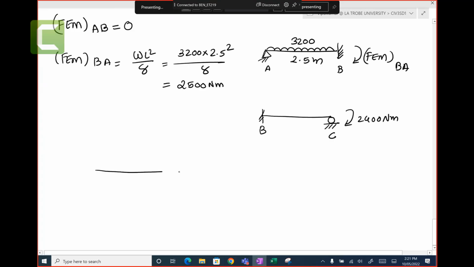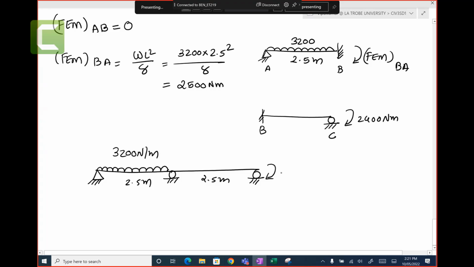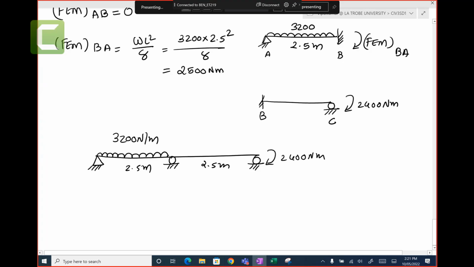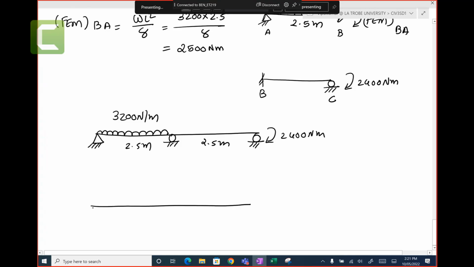So what scenario we have right now? First scenario is this one. 2.5 meters, 2.5 meters, and we have a UDL load of 3200 Newton per millimeters, and we have 24 Newton millimeters. That is the first. This is the first scenario. Then to make the displacement method happy, what we done? 2.5 meters, 0.5 meters, 2400 Newton millimeters,